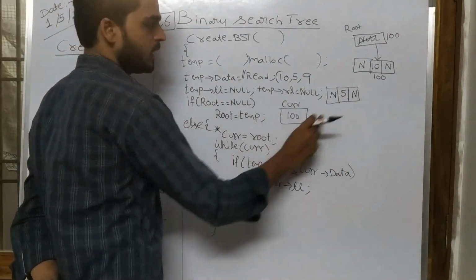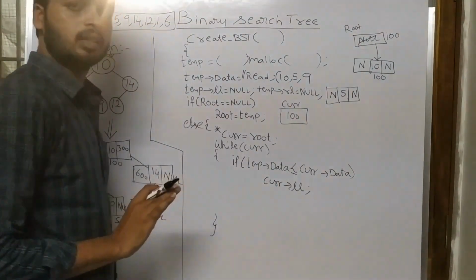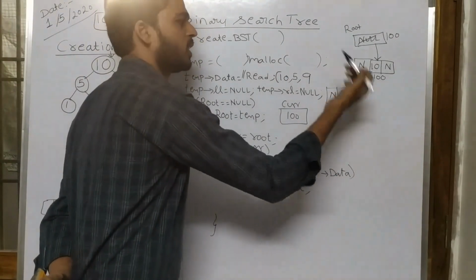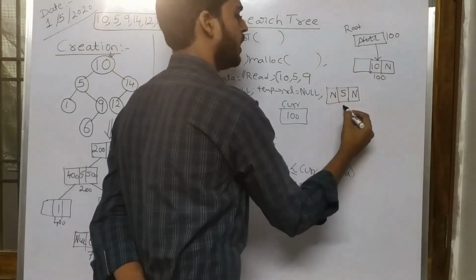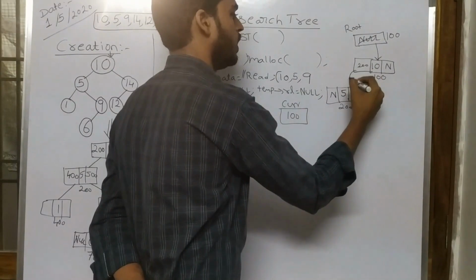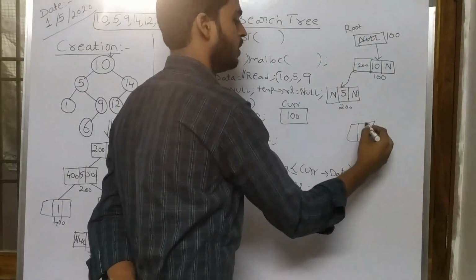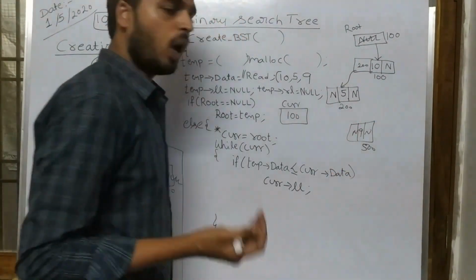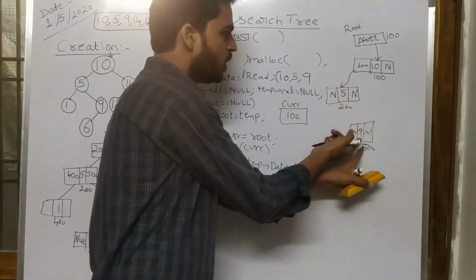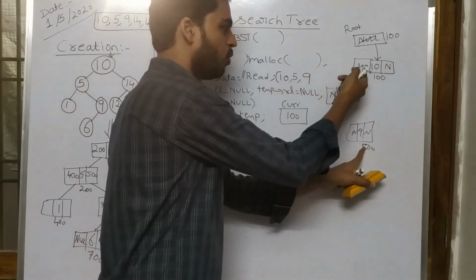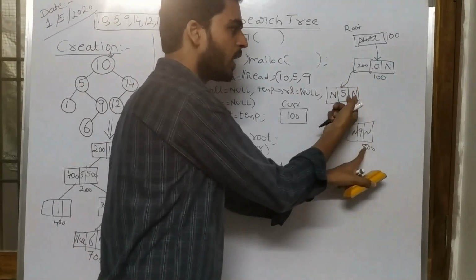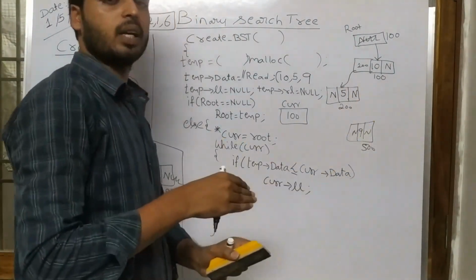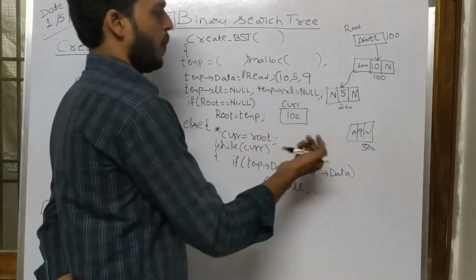Now while current means some valid value, it is going to. Now temp's data is 5, less than 10. Yes. Then what do we need to do? We need to traverse this process. For example, let us take this address is 200. So it will find it like this. Now I got 9, null, 500. Now what we need to do is we don't want to change this address directly here. We need to traverse up to the null address. Whenever you encounter the null address, only then we need to modify. That's it.